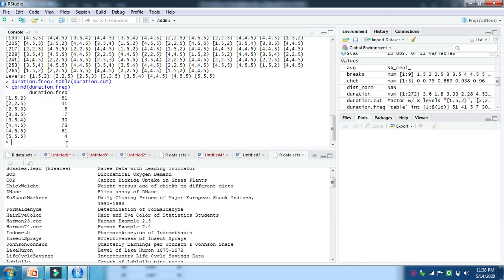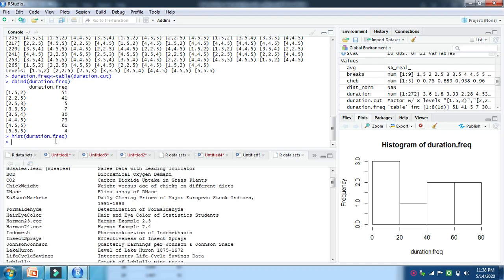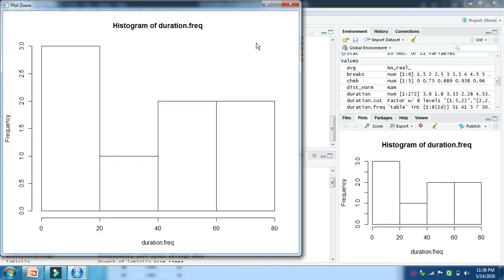Here you can see the classes in terms of frequency distribution. The first class is 1.5 to 2, and the number of values included in it is 51. If you want to see a graph, just pass duration.freq. Here you can see the graph of the particular column in the data set. The data set name is faithful and the column name is eruptions.